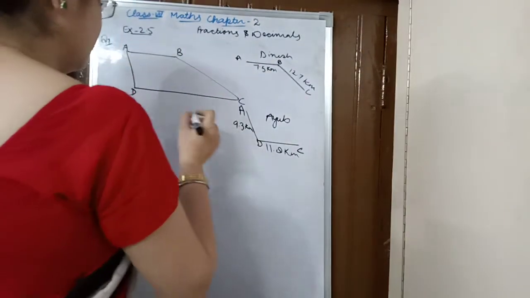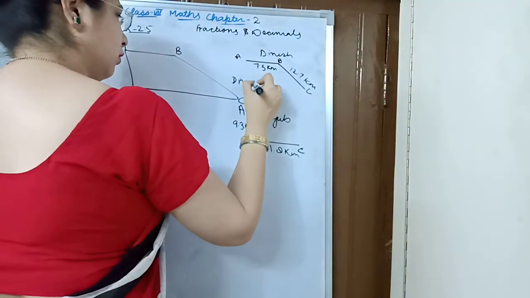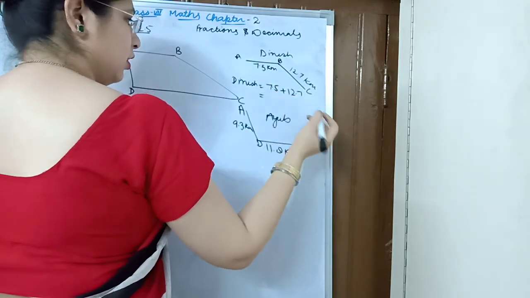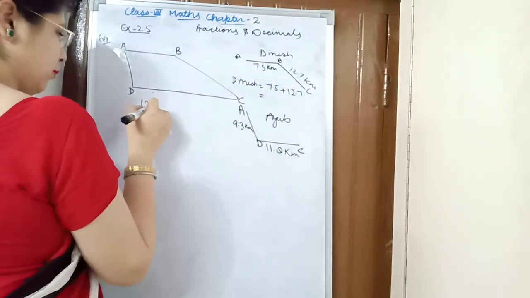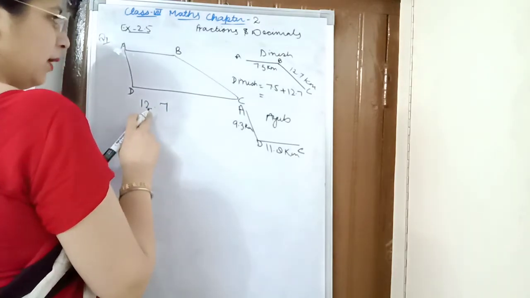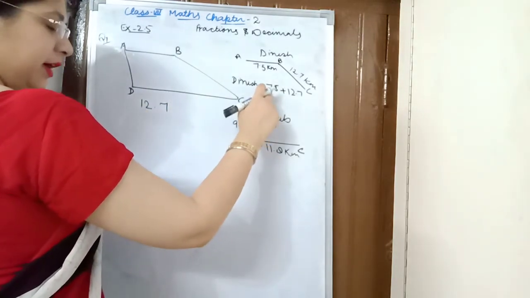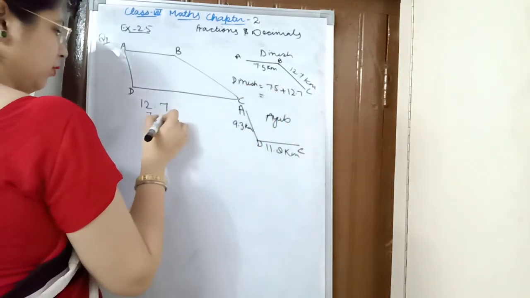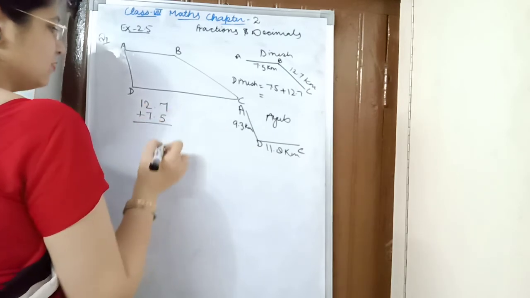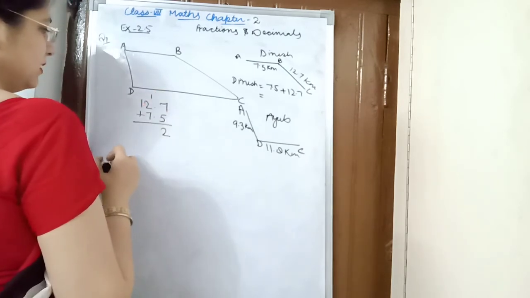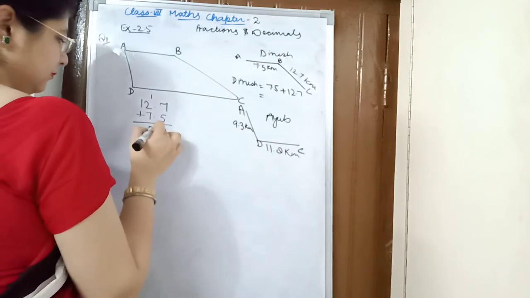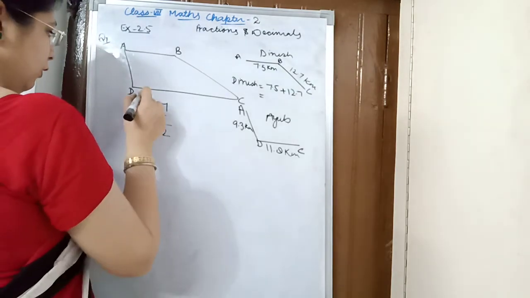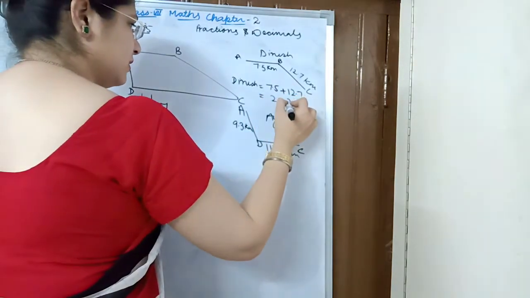Very easy. So the distance traveled by Dinesh is equal to 7.5 plus 12.7. How do you add? See the difference. 12.7 will be here. Here the whole number is of 2 digits, and here the whole number is of 1 digit, so it will come on the ones place. 7 will come on the ones place and this 0.5 will come in the decimal portion. Then you will add. 7 plus 5 is 12. Then carry over to this side. 7 plus 2 is 9, plus 1 is 10. Decimal goes below decimal. So 20.2 will be the total distance traveled by Dinesh.